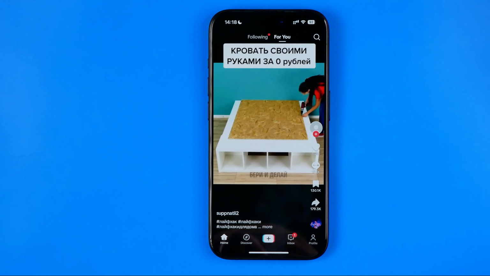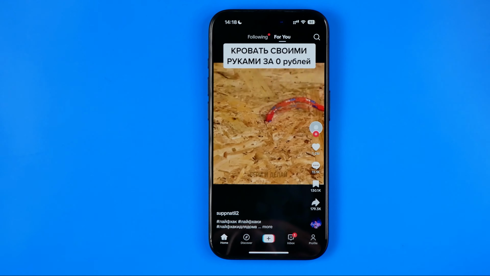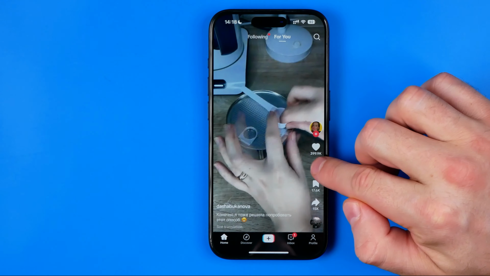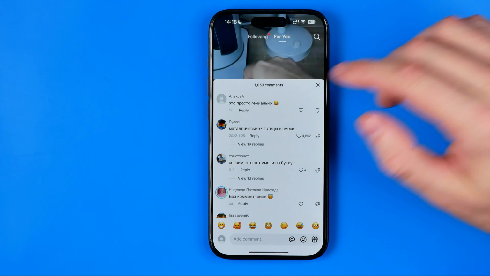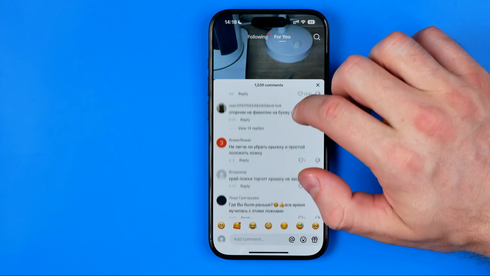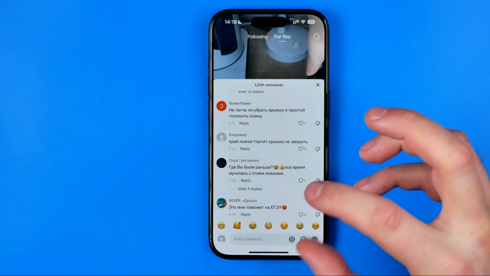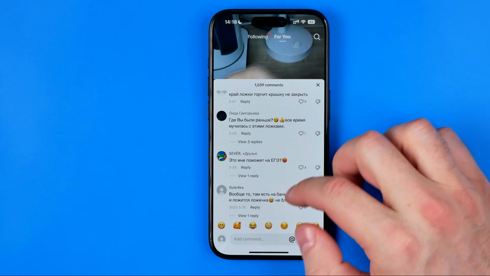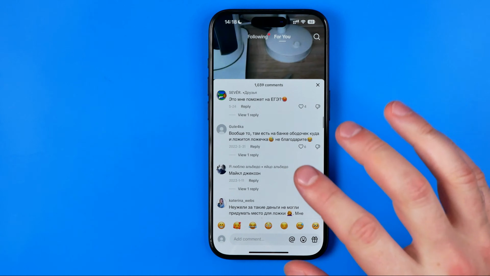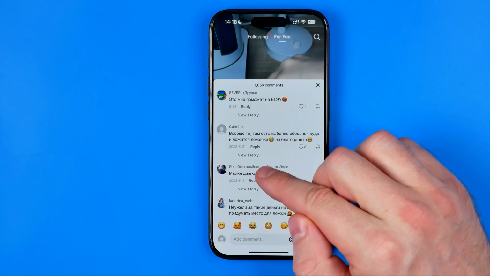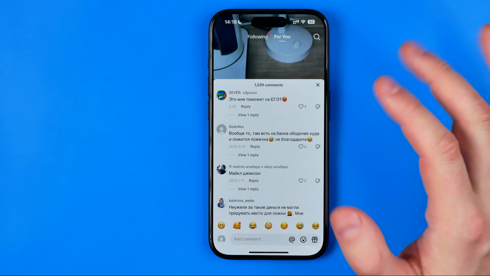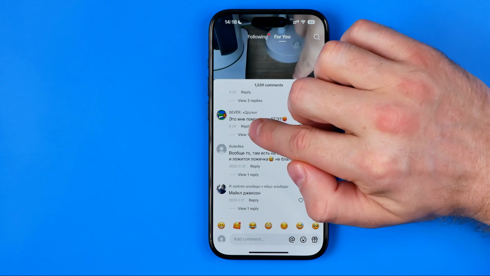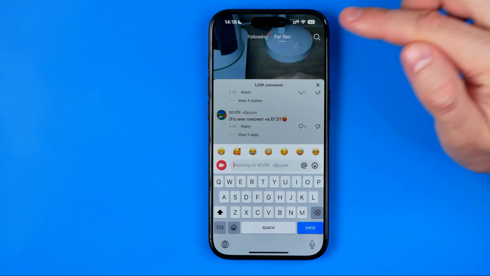Once you find a video you would like to comment on with your picture, first off you need to tap right here at the comments button to go to the comment section, and here we cannot just directly post our picture as a comment. We can just post a picture as a reply to someone else's comment. That's how it works. So here, once you find a comment, we can tap reply under it, and now